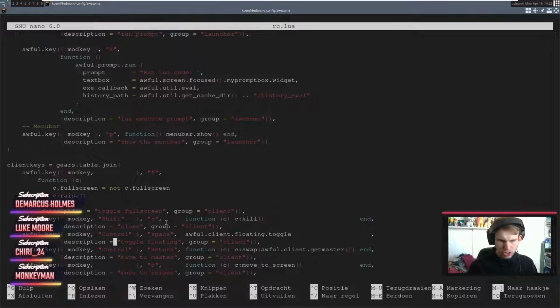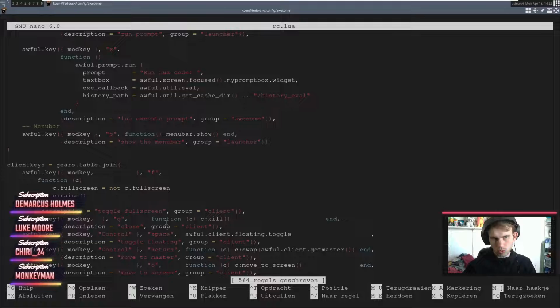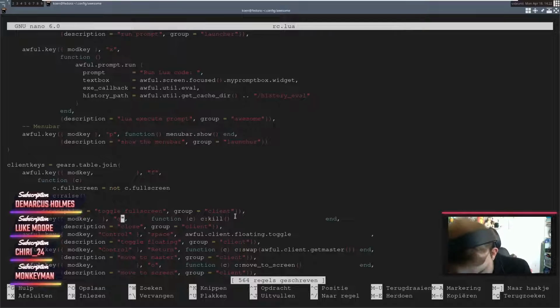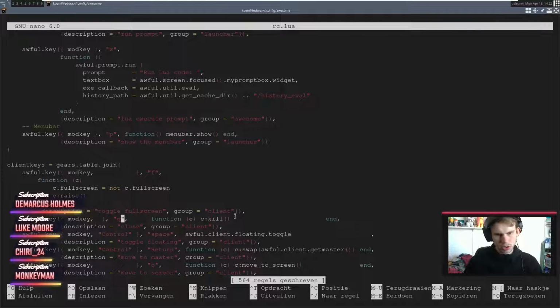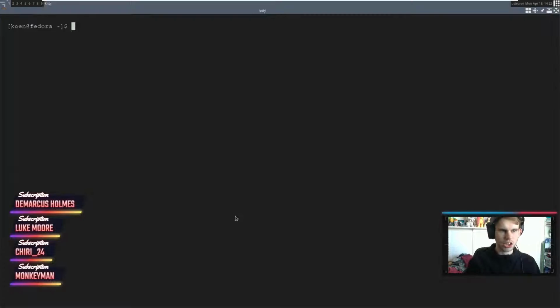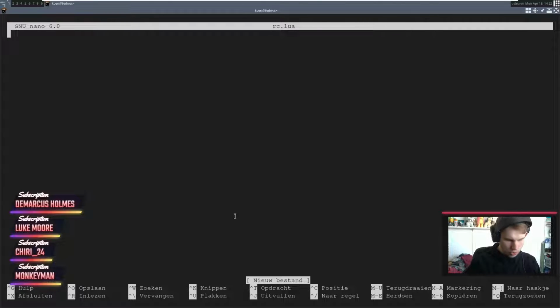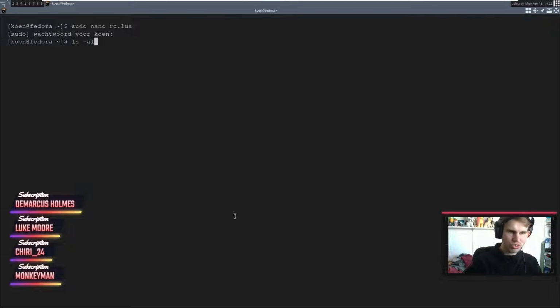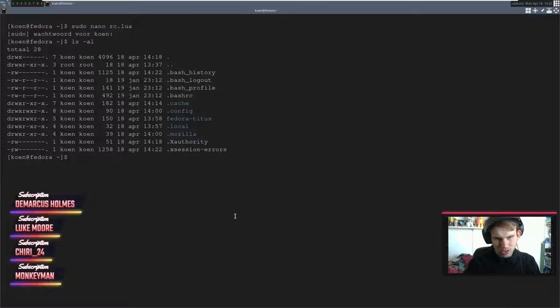So what we're going to do with this is I'm going to get rid of this entire shift thing. And we're going to change this to mod key Q. And I'll show you why right now, because this is not going to be that difficult to figure out for most people, and it also won't hurt their hand quite as much. So that's what we want. Did I just create a new file in there? No, I didn't. Okay, that's great.